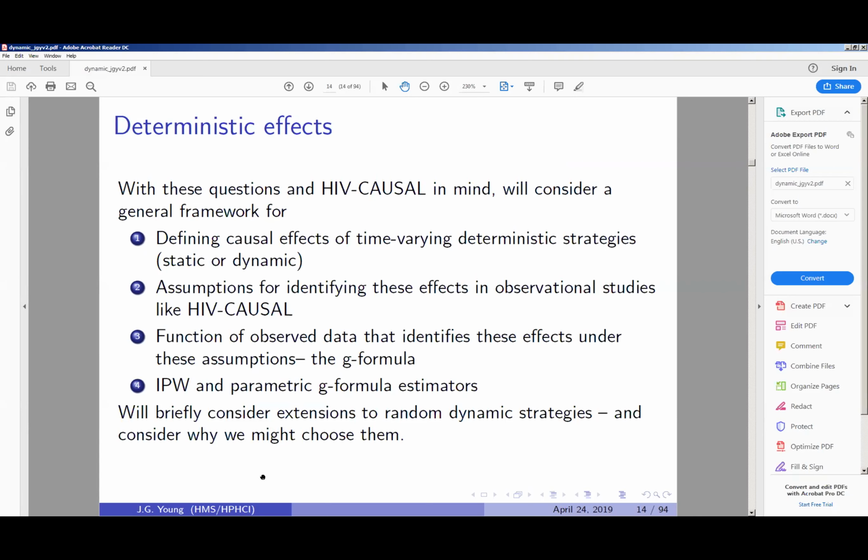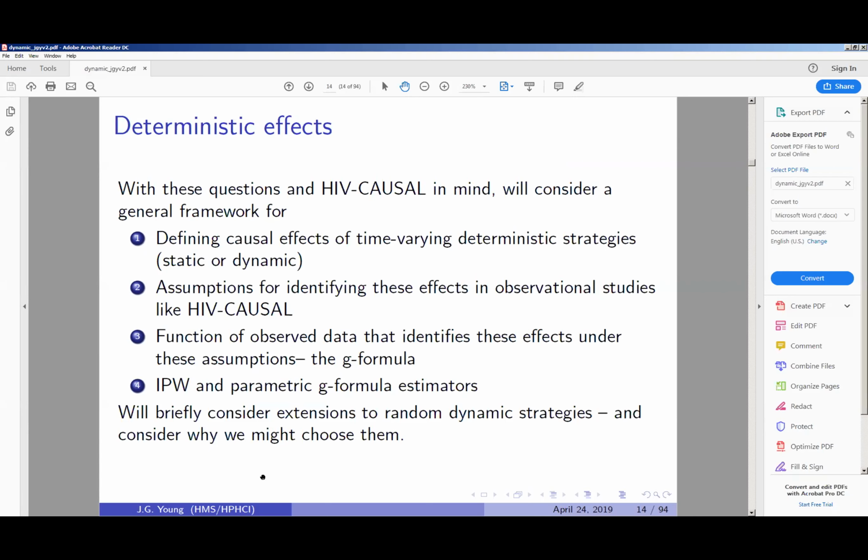But of course, it's impossible to identify individual level effects without very strong assumptions in any study, even the ideal trial that we already talked about. So we're not even going to try to consider that. But the average causal effect is much less of a reach. At least we can directly identify it, as we talked about, and estimators' statistics will just be 2 sample t-tests. And in the ideal study, of course, in observational studies, we need assumptions that may or may not be reasonable, but we can try our best in those studies to get at the average causal effect. So we're going to talk about how we might do that.